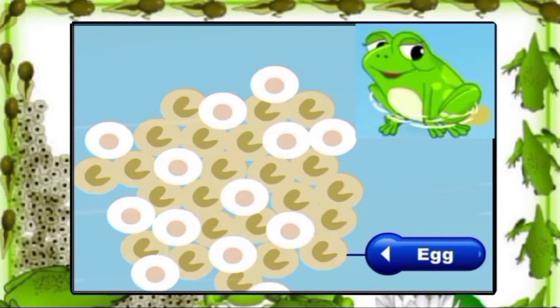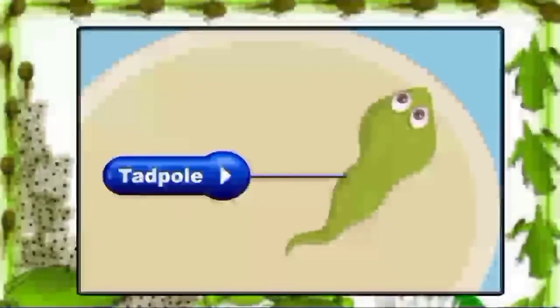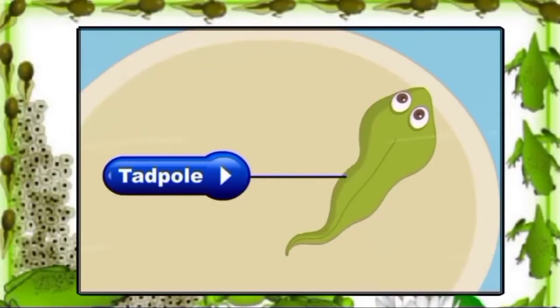gradually it fertilizes. It takes the eggs of a frog roughly 3 weeks to hatch after laying. When baby frogs first emerge from the egg, usually 1 to 3 weeks after the eggs are laid,